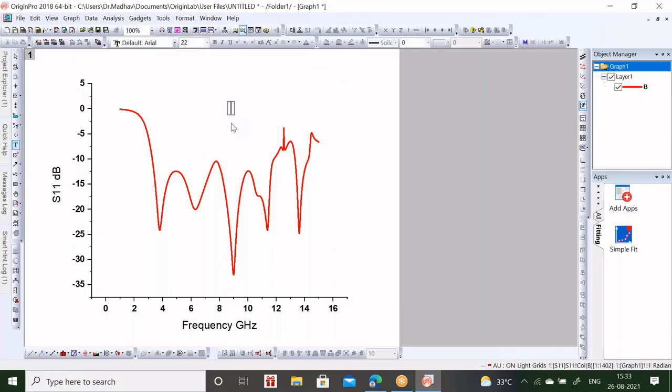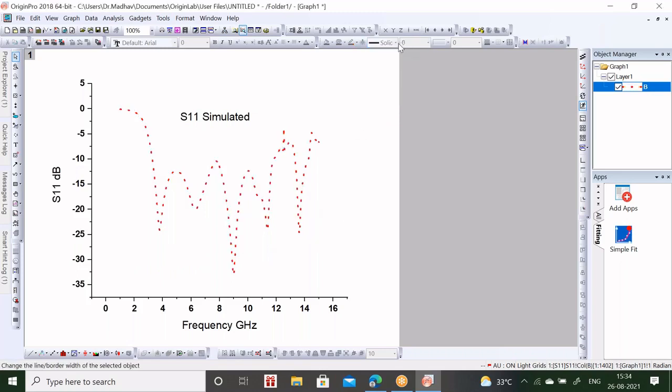Select text, click here and write S11 simulated. If you have a measured result also, import that result and place S11 measured. Wherever you want to place the legend, you can move it. It is very easy, and whatever color or style you want, if you want lines, you can select. All these things you can do.